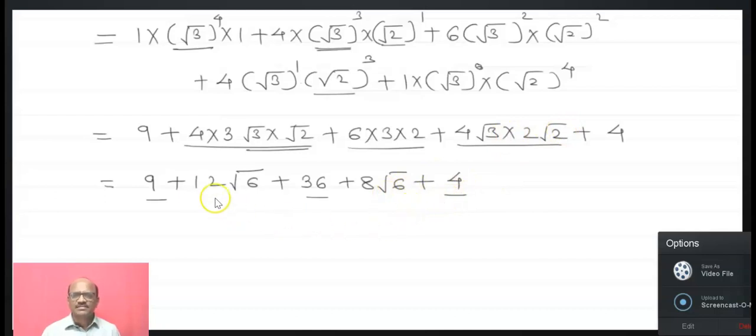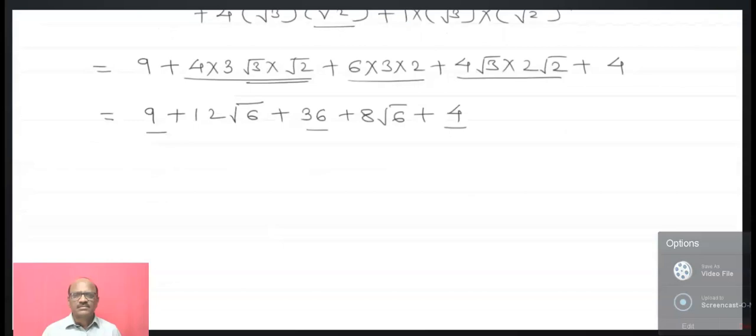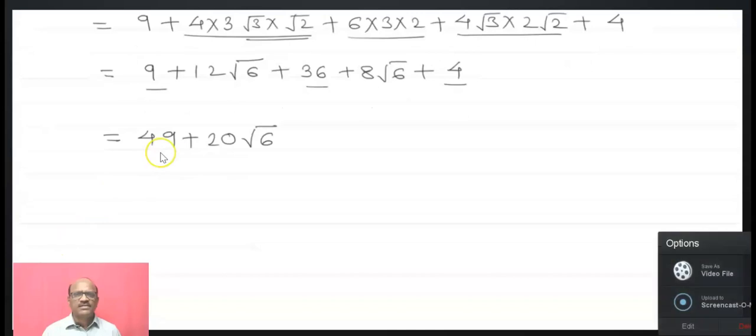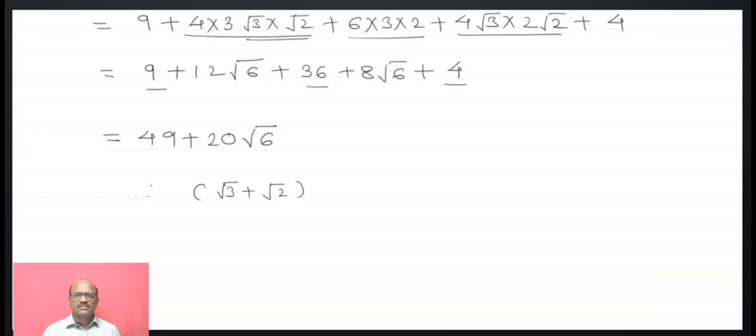Now we can add this. That is 9 plus 36, that is 45. 45 plus 4, that is 49. And what about here? 12 root 6 and 8 root 6. That becomes 20 root 6. Therefore, this is the final answer. Now next. Therefore, root 3 plus root 2 bracket raised to 4 is equal to this. Now second example, root